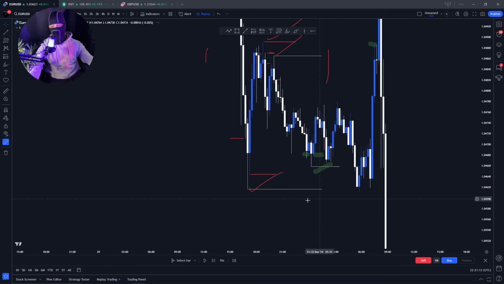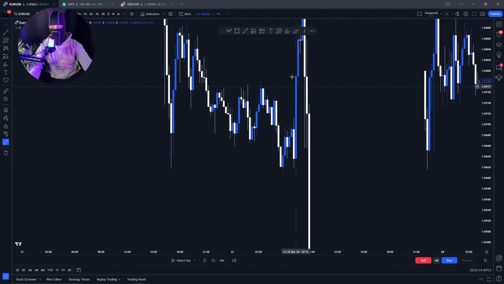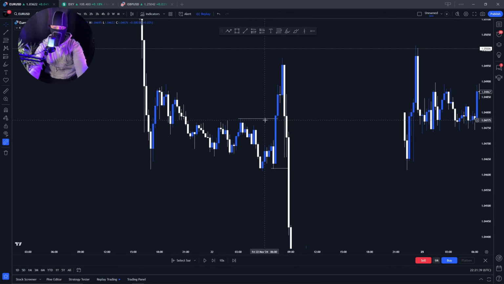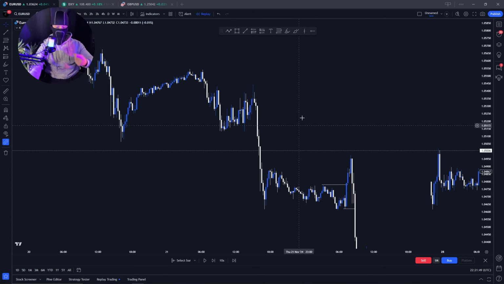But like I said, price has to break above or below these swing highs and swing lows in order to identify a valid breaker structure or a market structure shift. As you can see, these are both valid breaker structures. In this case, this would be a market structure shift because price shifted back to being bearish. That is the first rule. We have to break above or below a swing high and a swing low.